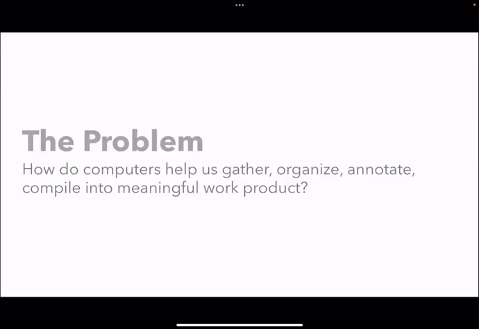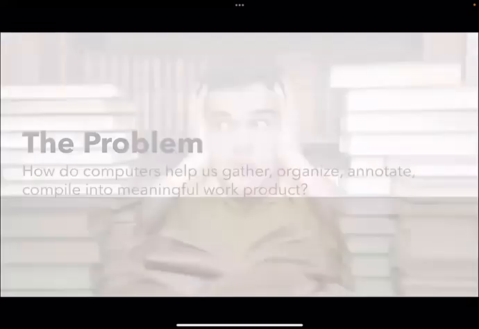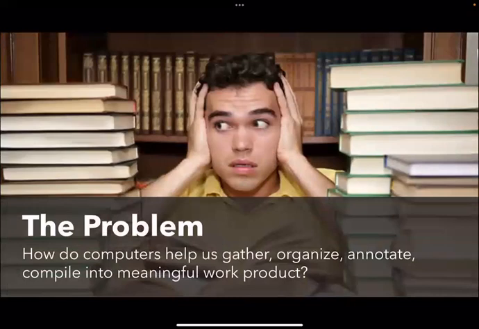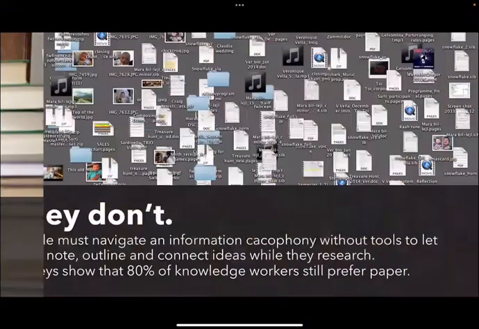So to kick things off, what exactly is LiquidText about? What are we trying to do with it? Well, the problem that we're trying to solve is that computing is amazing for helping us to find great content, right? Everything from standard search engines all the way to very specific industry fields, such as medicine and legal. There are great tools for helping you find content. And of course, computing has helped us compose great content as well. But the question is, how does computing help us to understand, digest, make sense of the content that we found? Well, the problem is that in a lot of ways, it actually hasn't.